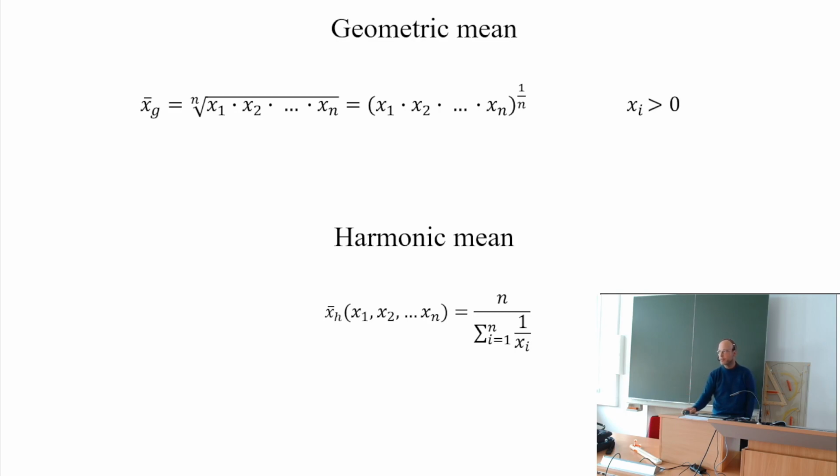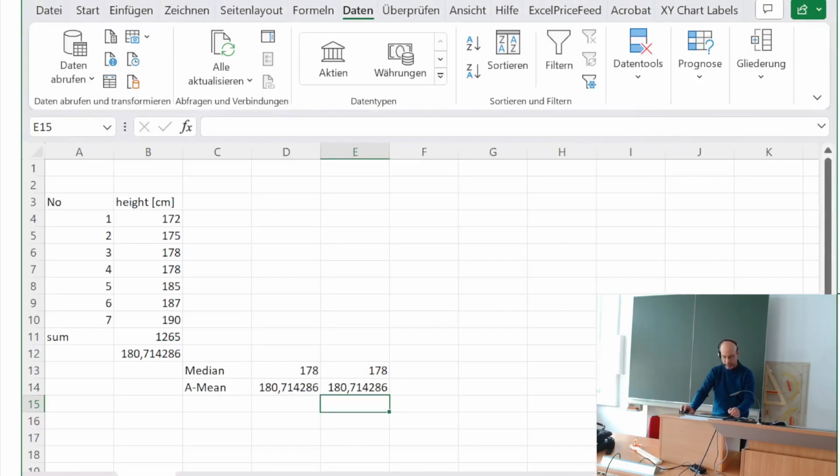The geometric mean is now not summing all up and dividing by the amount of our data set, but multiplying every number and then taking the nth root of this number, and n is the amount of our data set. So let's go here and calculate the